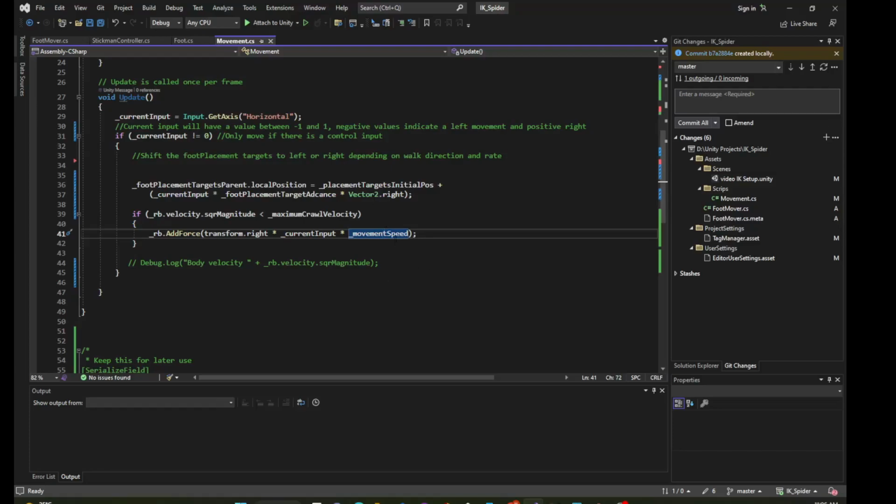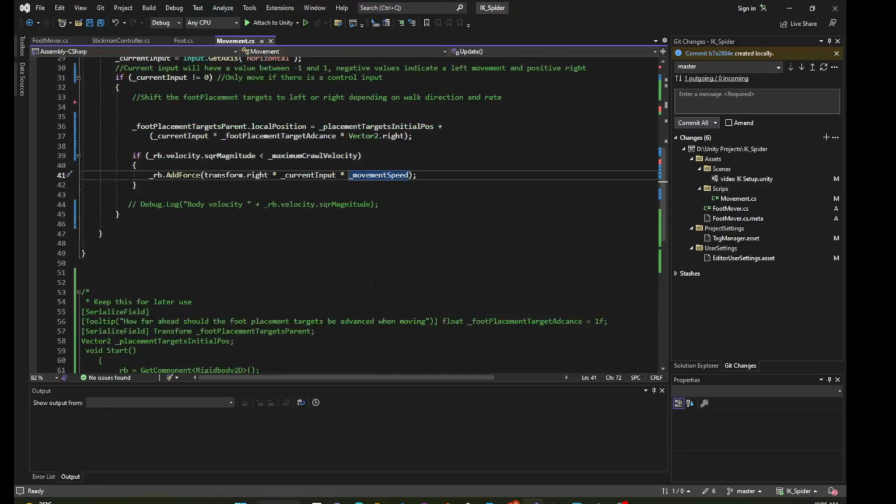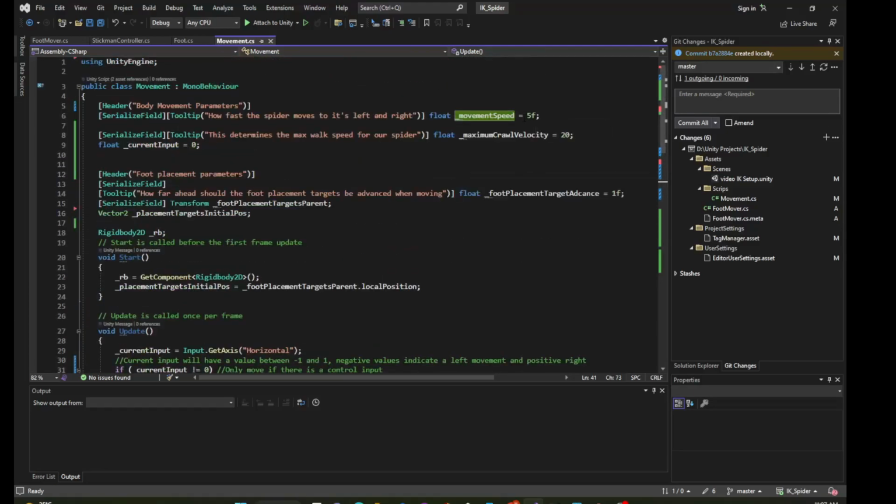So let's say we have our movement speed set to 5. We would get a vector here of 1 by pressing the right hand key times x1, y0, z0 times the movement speed. So we'll end up with a vector of x5,